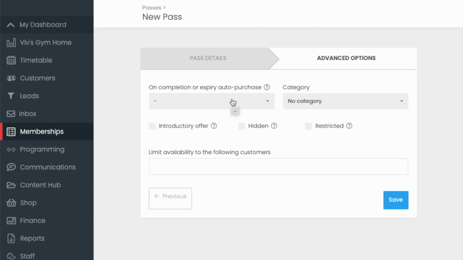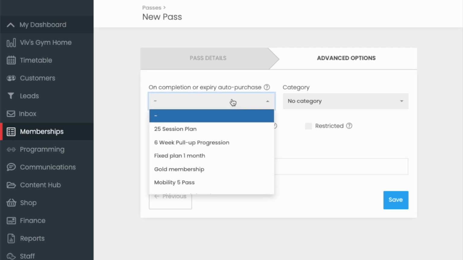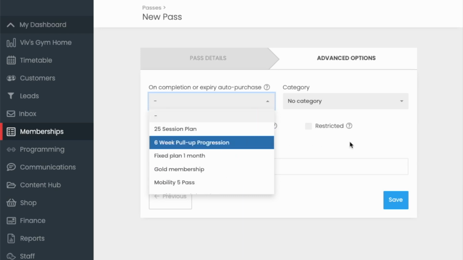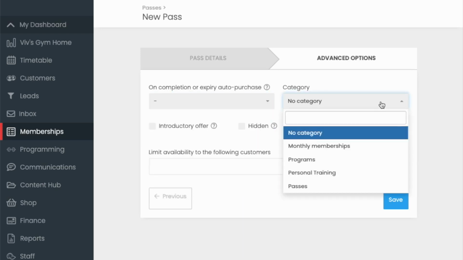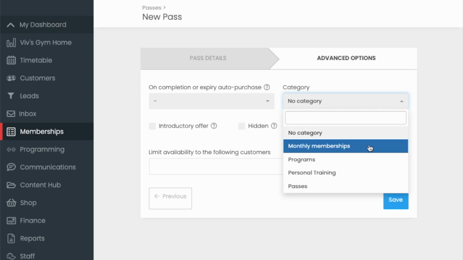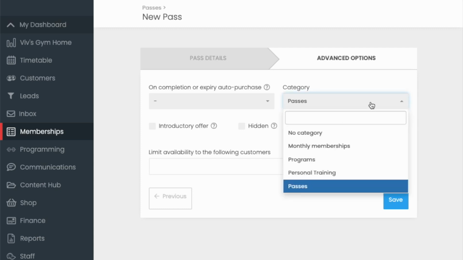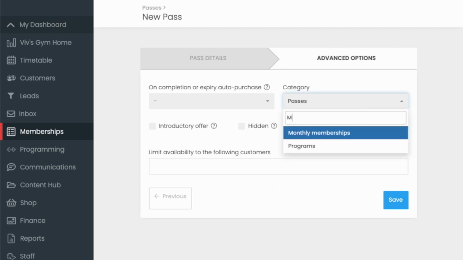If there is a follow-on product, whether it's a membership or pass, you can click down and have an option of all the passes and memberships you have set up in your WodBoard system. Category, this is what the user sees on their end when they are purchasing. I'm going to put this as passes, and this just organizes it with headers of passes, personal training, membership. You can create your own category. To create the category, you just start typing. So if I was to put membership,